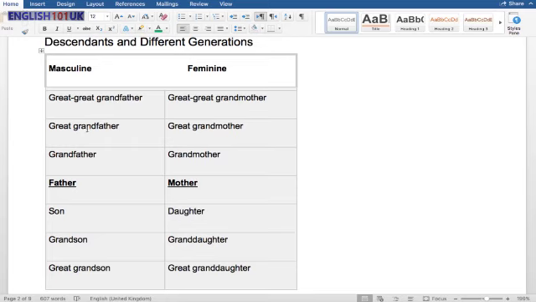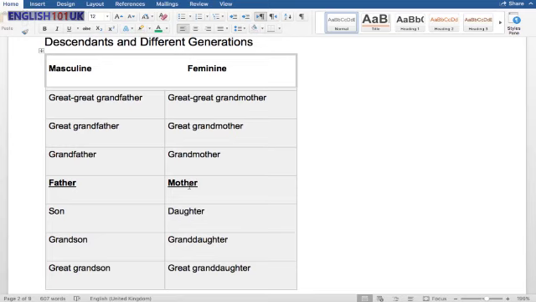And its opposite is great grandmother. Who is the mother of your mother's mother's mother? And you have great grandfather, who is the grandfather of your father, and great grandmother, who is the grandmother of your mother. And then you have grandfather, that's your grandfather, and your grandmother, of course your father, your mother, and